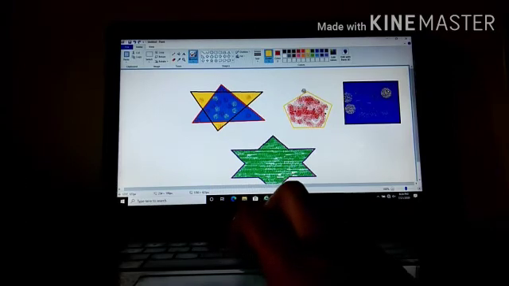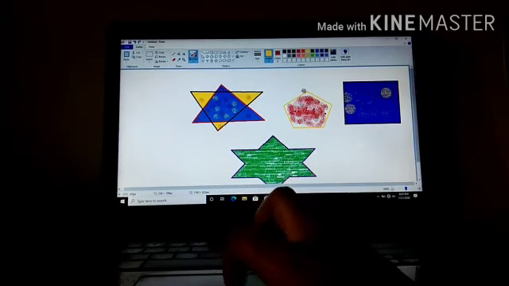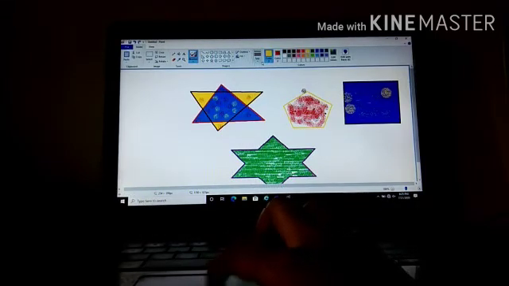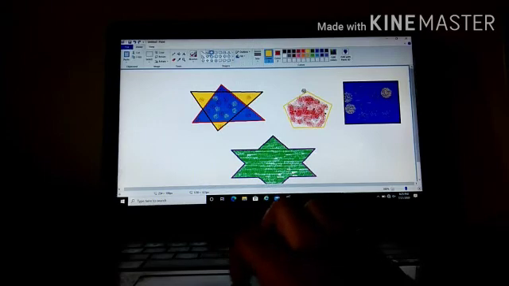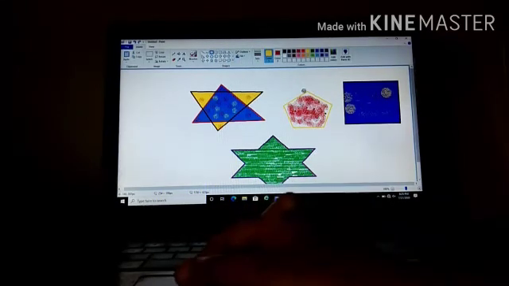Now next is using the color picker tool. Suppose, let's see, I'll select a different tool here, the oval shape, and I'll select no fill. Okay, and here I will draw next.